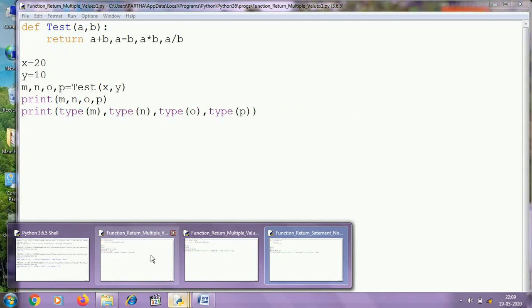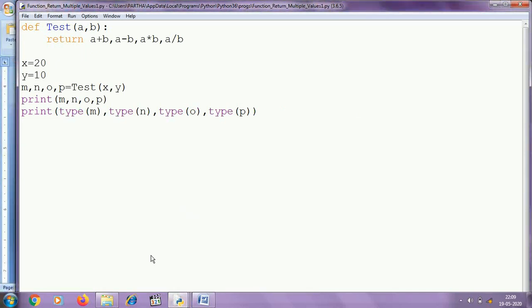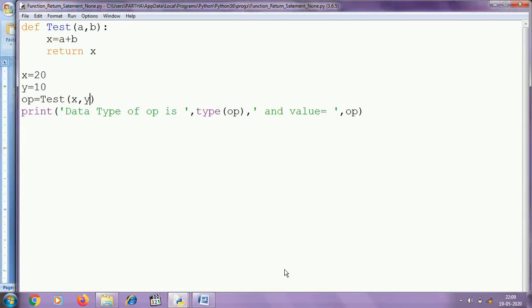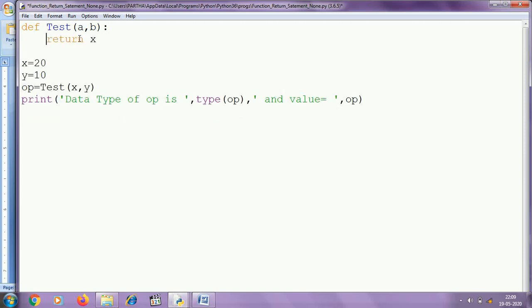Next, we can return multiple values. Here, instead of returning a variable, we can return the expression a plus b also. So after execution of this statement, it will return the sum value of a and b.